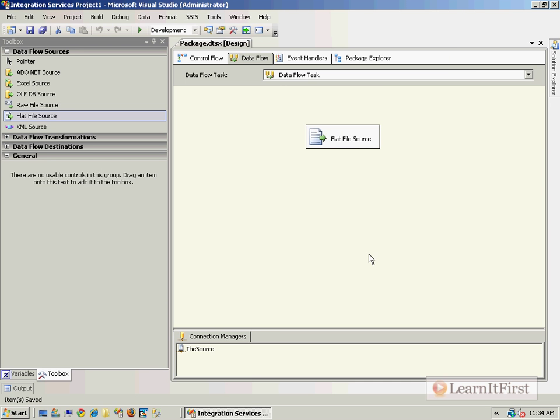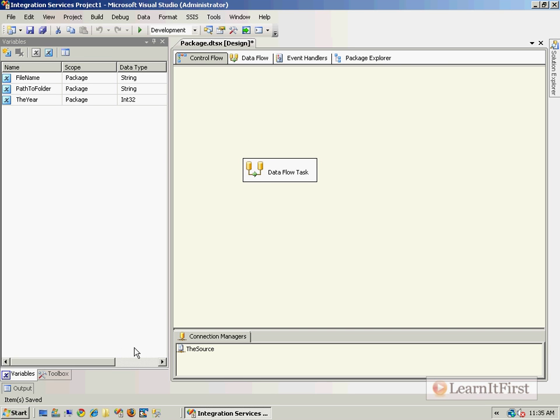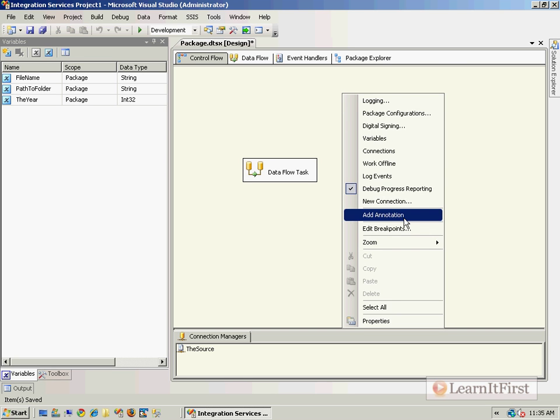We don't even need to consume it. I mean, we could send it out to a destination, but that's not really the important part of this. What we want to do, though, we've set up our package using this control file. Now what we want to do is have SSIS at runtime pick up the values of the variables and use those. So the one thing that we need to do is, step one,